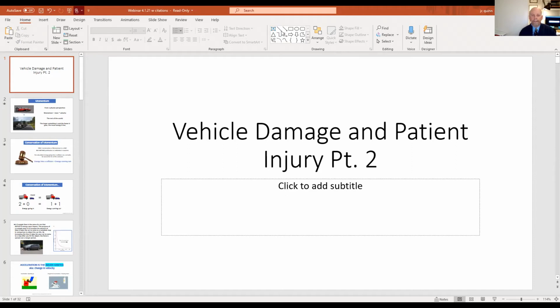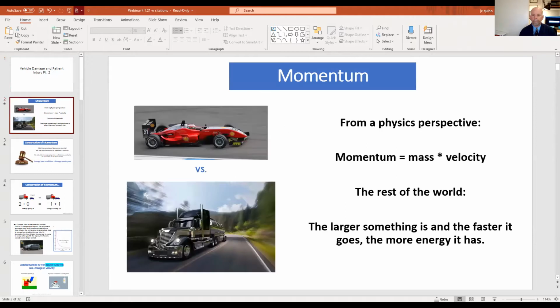All right, so today's topic is vehicle damage and patient injury. It's obviously a critical area in the personal injury world. We're going to review a couple of concepts that we talked about last week, and then we will move into the meat and potatoes. All right, so the number one thing you need to keep in mind is this concept